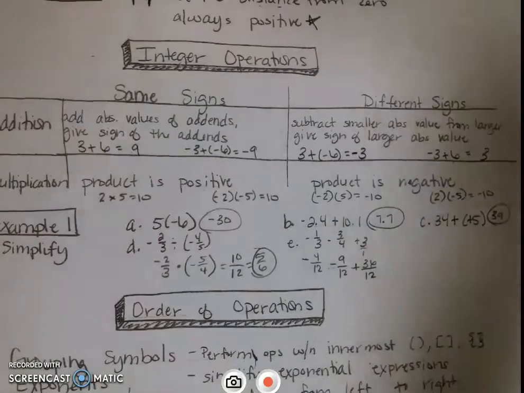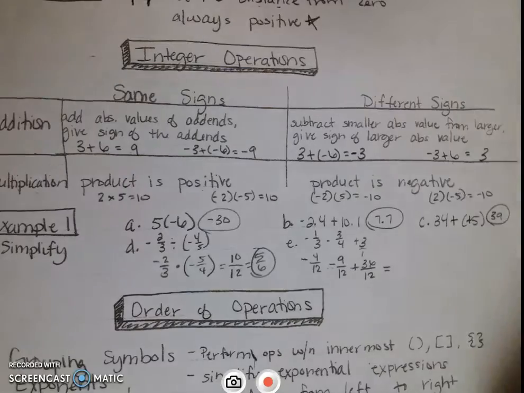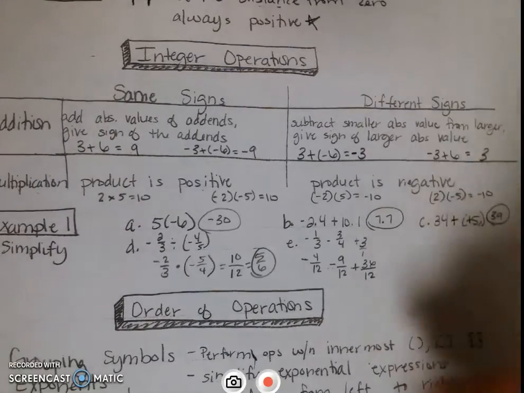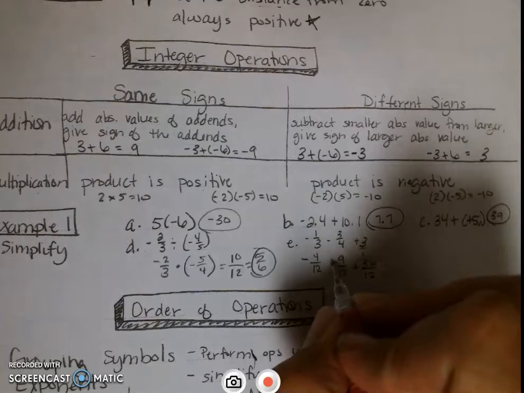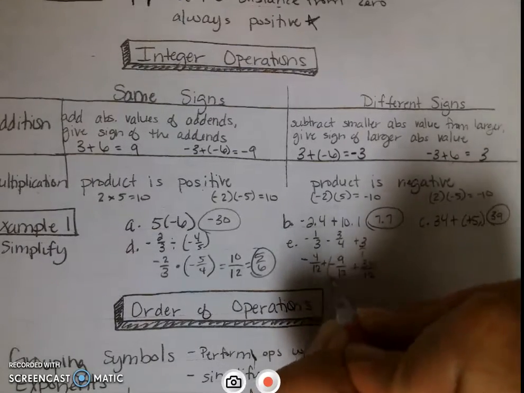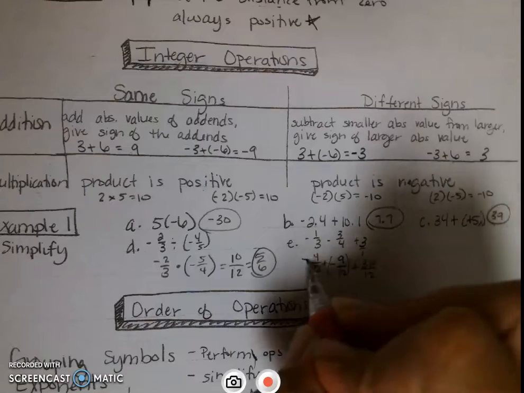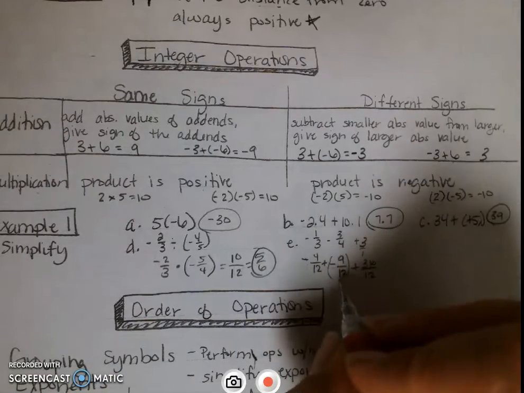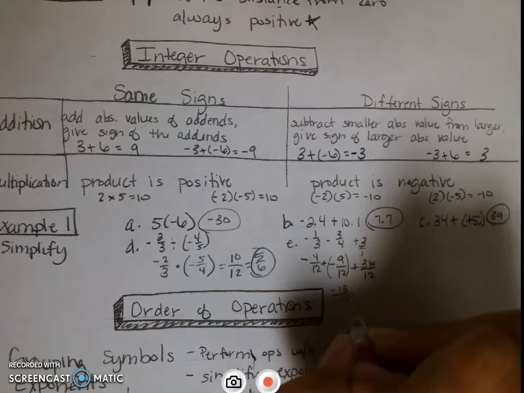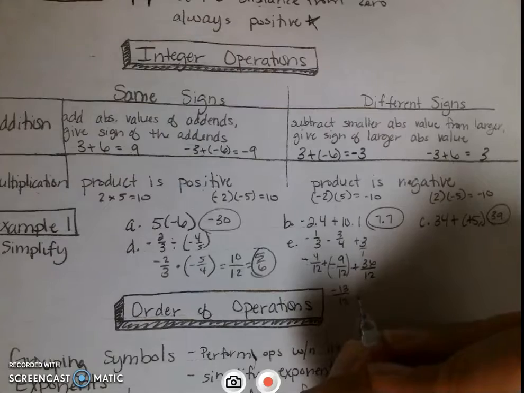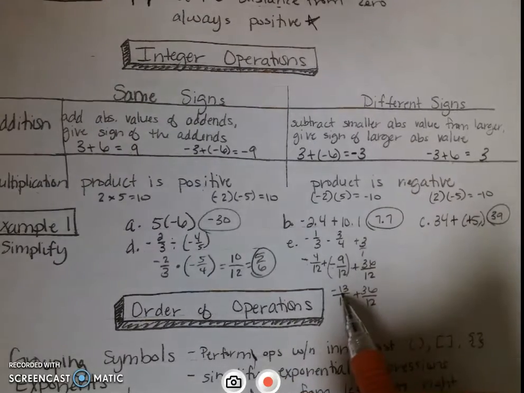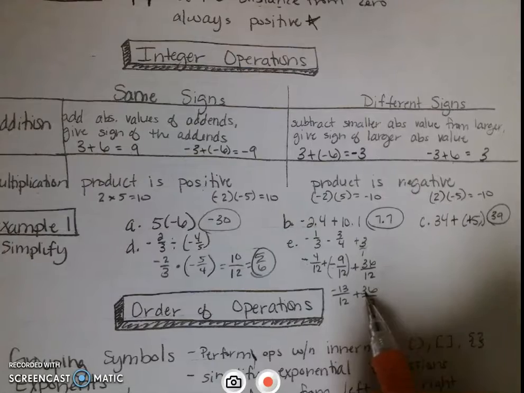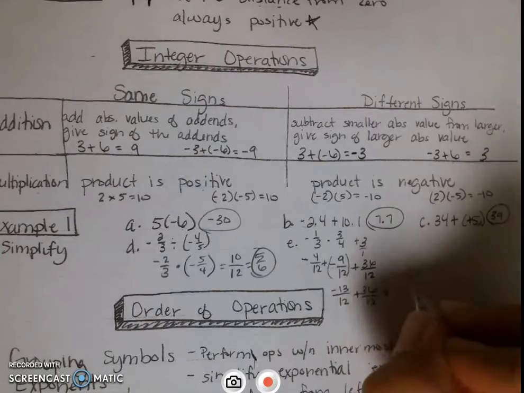36/12. All right, I'm going to go sideways. Well, I can squeeze it down a little bit. So negative 4/12 minus 9/12. I'm going to change this to plus a negative. Make that a little bit easier. So we can see they have the same sign. And that's going to be negative 13/12 plus 36/12. Well, now we have two different signs. We have a negative and a positive. So we're going to find their difference. That's